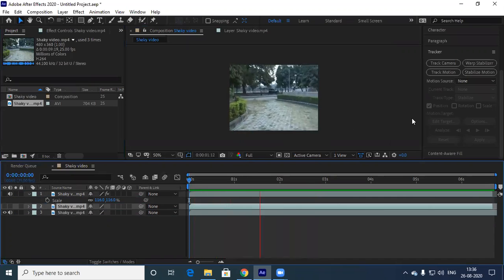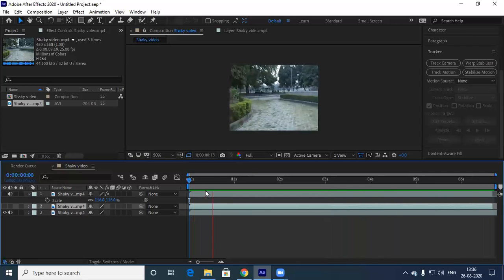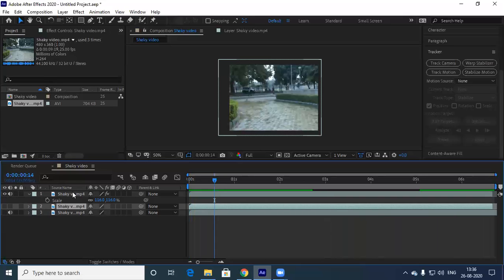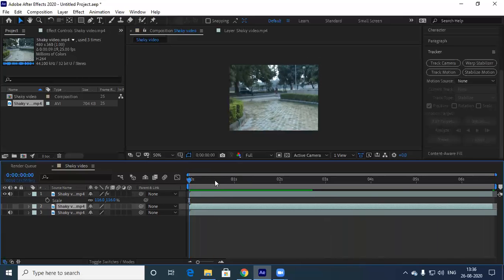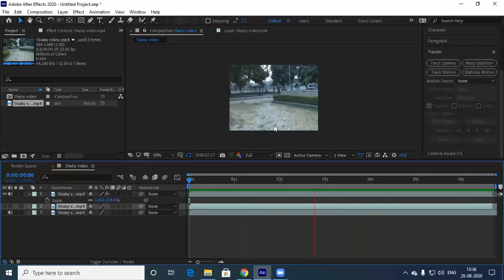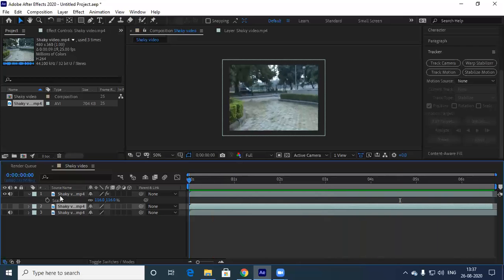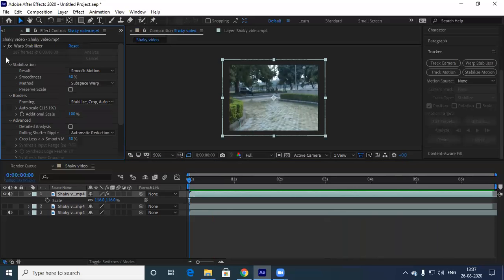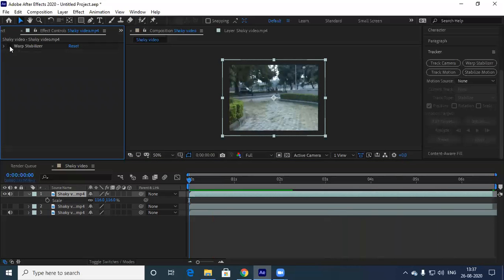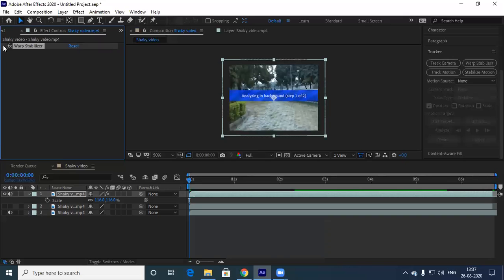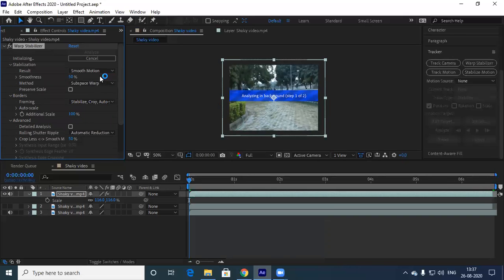Now this is raw footage. In the raw footage, there is too much disturbance, too much shakiness. Whereas this one is warp stabilized. This is the track motion stabilizer. Okay, so one more option: go to the FX controls here under warp stabilizer. Are you able to see now? If I turn warp on, there's a zoom in. Turn it off and you get it like this. Similarly, there is another option under warp. I did reset.